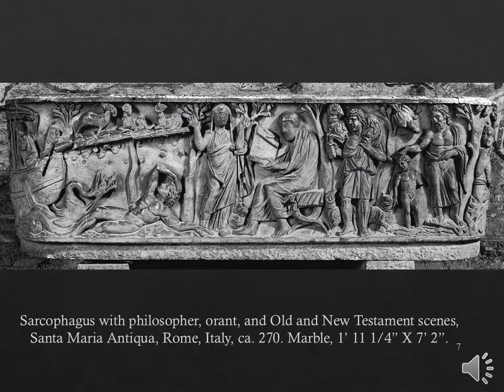Immediately to the right of Jonah, we have a figure in an orant pose in front of a tree. So we already discussed how the orant was a prayer pose. It indicates a sacred significance. The tree is significant. Now, what we're looking at with a lot of this early Christian art, so far we have seen no crucifixions. We have seen no crosses. Those sorts of symbols are ubiquitous in Christianity now. However, during the first few centuries of the Christian era, there are no crucifixion scenes. There are no crosses. That is not a symbol that gets associated with Christianity until later.